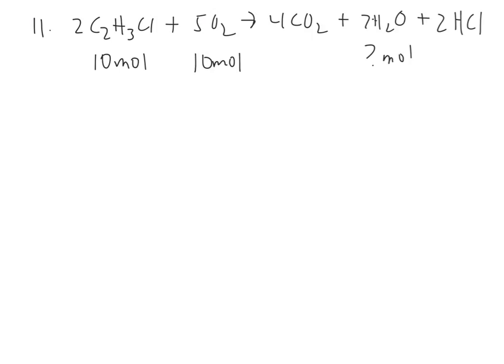Question number 11 gives you the following balanced equation, and they want to know how many moles of H2O you could expect if you had 10 moles of each of the reactants. So this is really a limiting reactant problem. If you look at the way the book solves it, I think my way is a little easier, at least